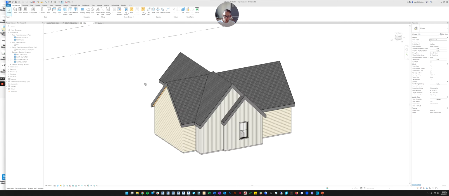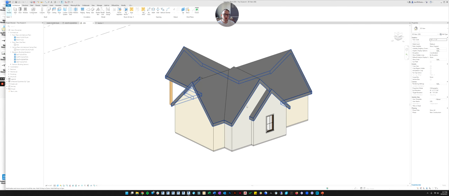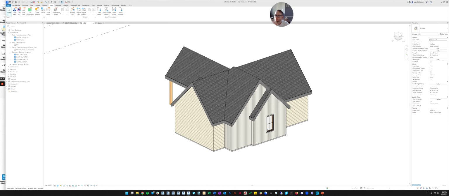All right, so those are a couple examples of loadable families and how you can change them. So how do you get new families? Let's talk about that. So the first option is the default option. In Revit, if you go to the Insert tab, you have two options to bring in families. You can load a family.